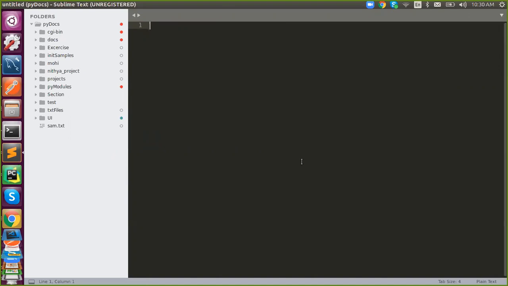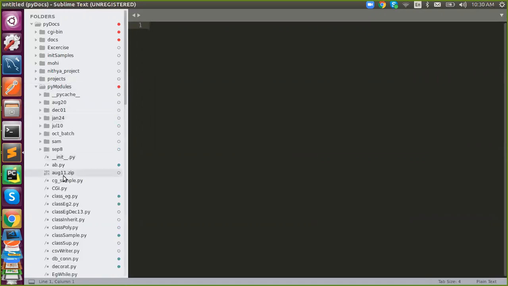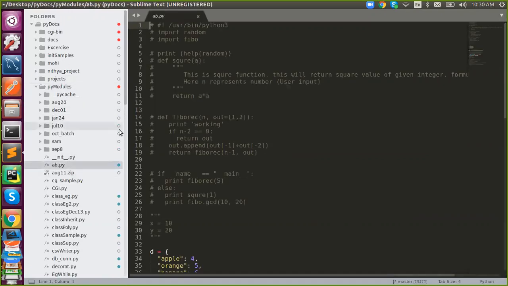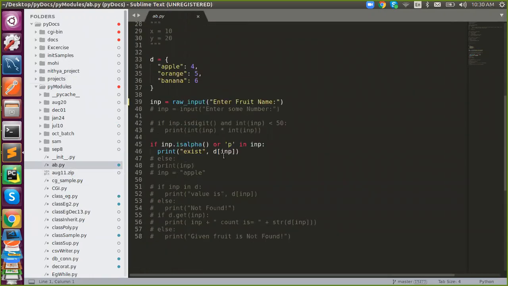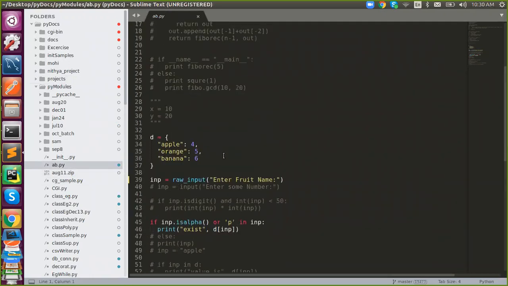It looks like a notepad, and you can execute Python files in it. We can create, edit, and maintain Python files with the help of Sublime.